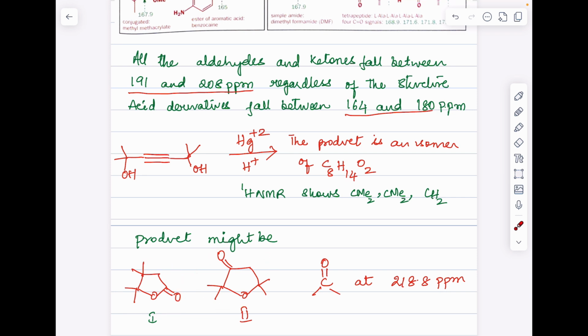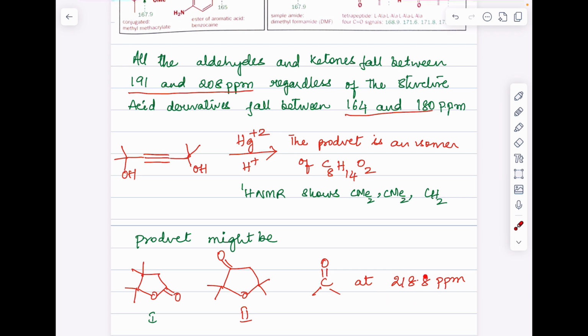In the case of proton NMR, both show a gem dimethyl, this is a CMe2 group, two CMe2 groups, and one CH2. So we cannot differentiate this based on the proton NMR, and the C double bond O group of this compound